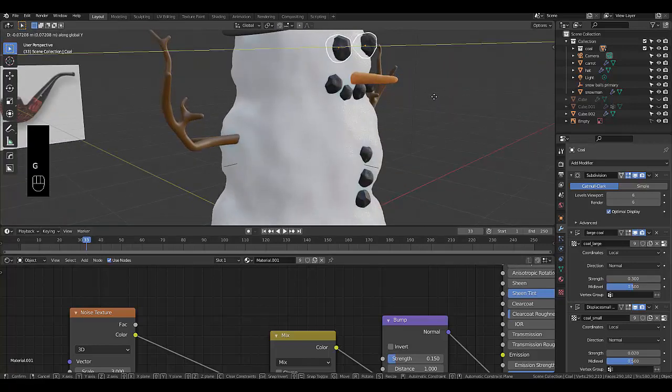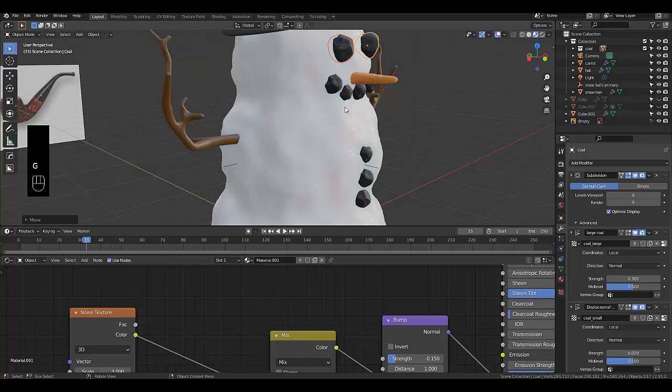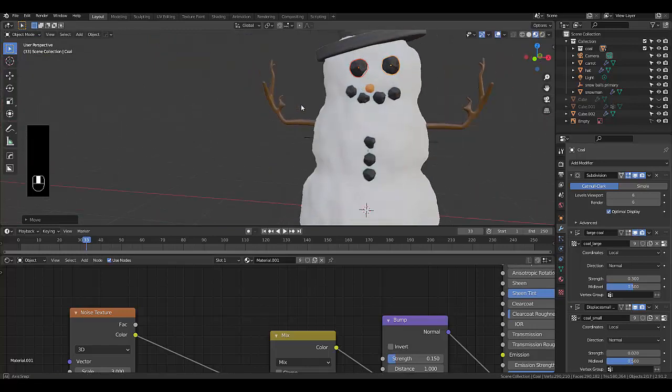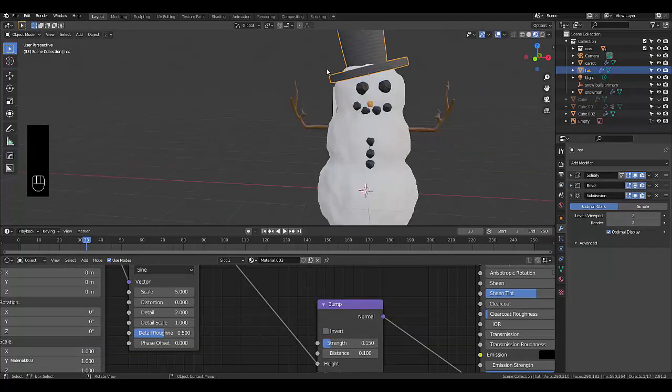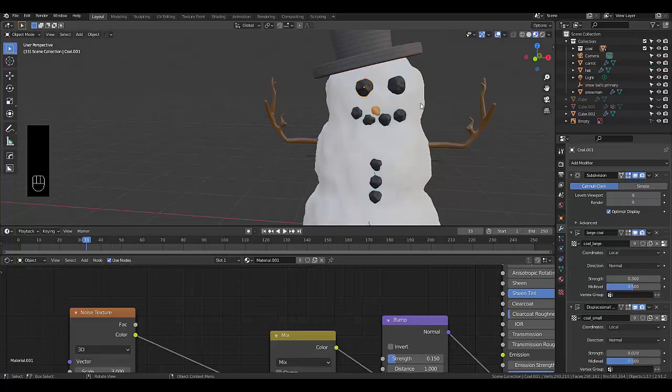G, Y, G, Z, select this hat, get it in place, G, here we go,